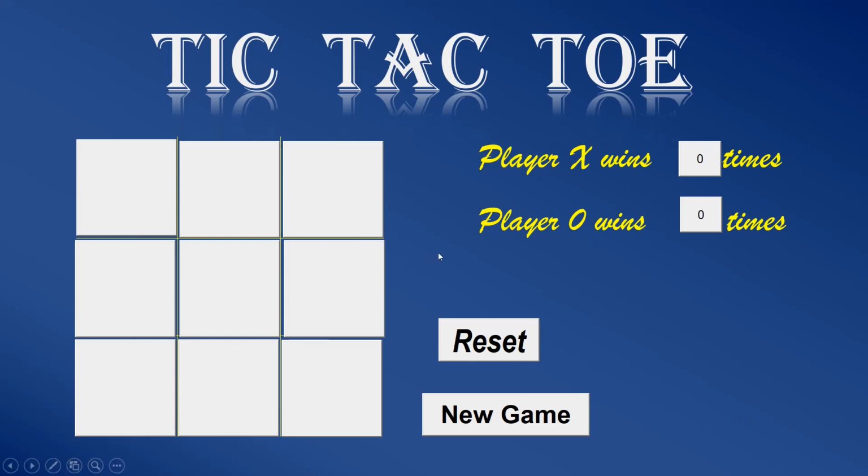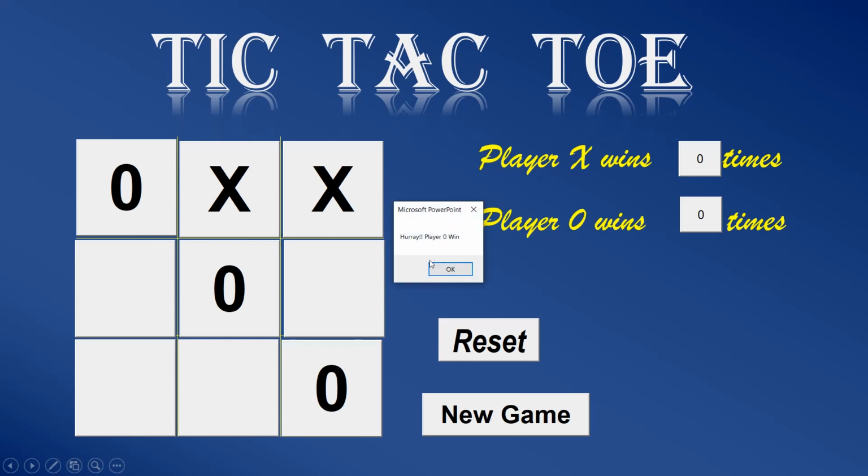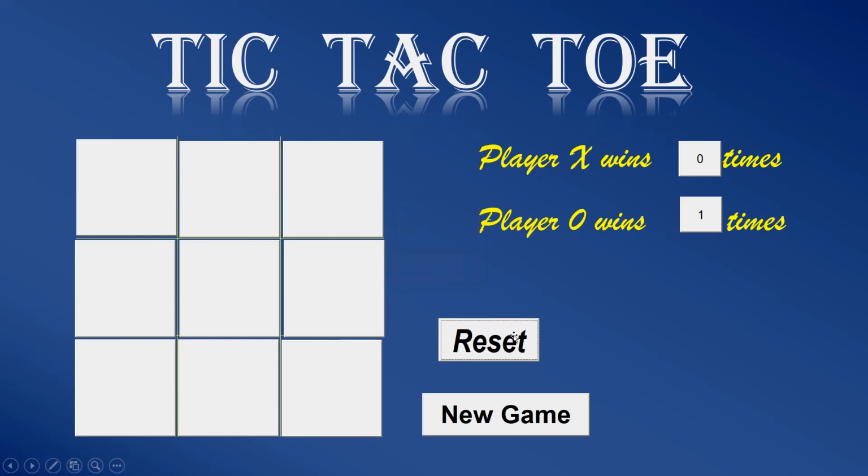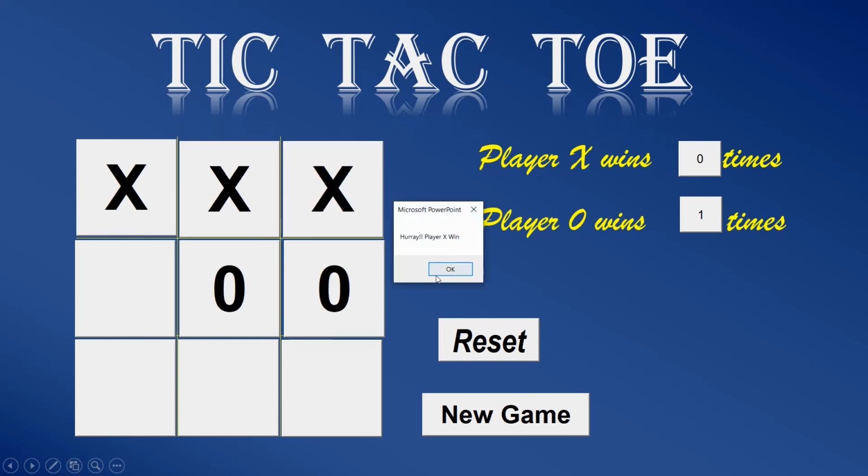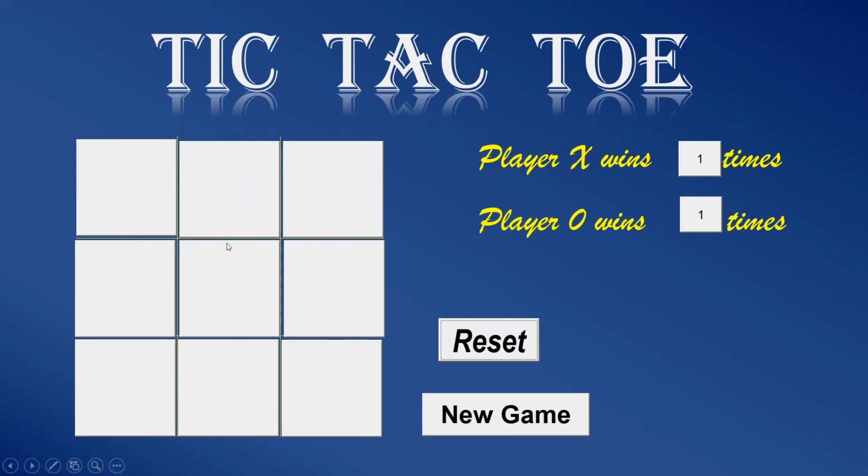Today we are going to learn how to make tic-tac-toe in PowerPoint. So let's get started. Here we see a pop-up window appear when one player wins and there is an increment in their result, like player X wins one time, player 0 wins one time.